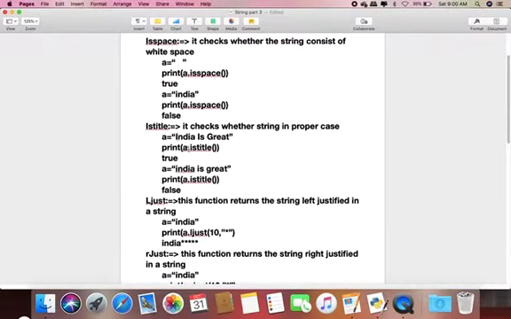This case is known as proper case or title case. If you want to check whether a particular string is in proper case or not, that time we will use this istitle function. So if I use print a dot istitle, then my output is True, and if there is no uppercase first letter in a string, then my output would become False.